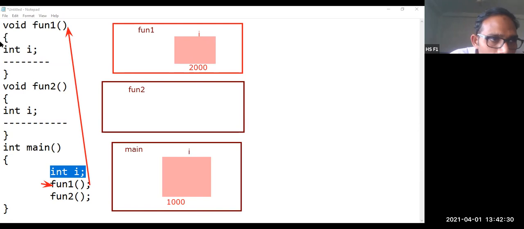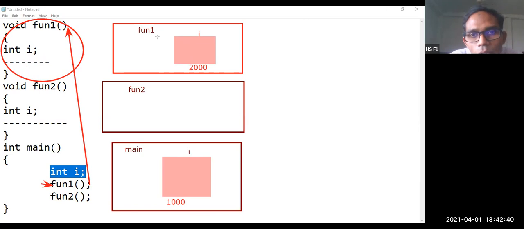Once the execution of this particular block called function 1 is completed, the cursor goes back to the next statement. Once the cursor goes back, whatever memory was allocated over here will be destroyed.